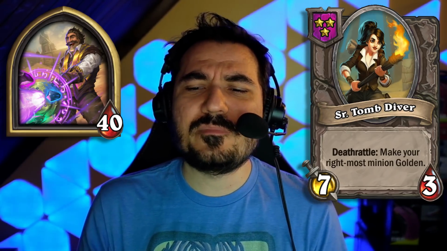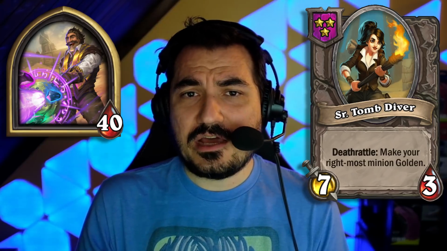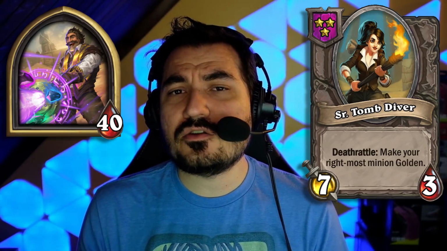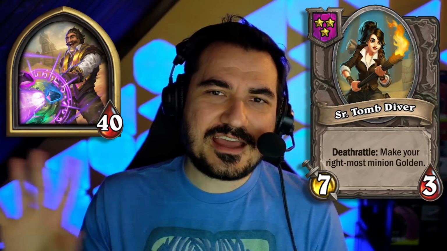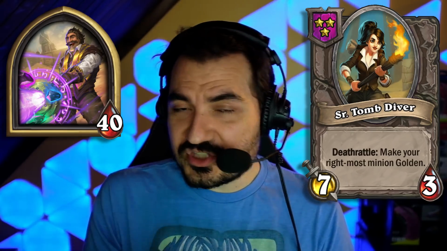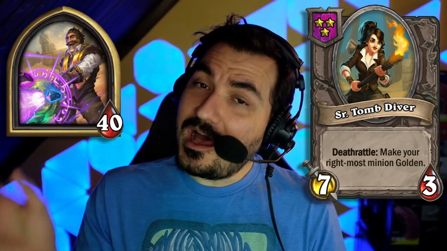So the death rattle is to make your rightmost minion golden. Now, this is a death rattle, which means that it is only something that can trigger in combat. So it's basically like boost the stats and possibly the ability, but just for the combat alone. However,